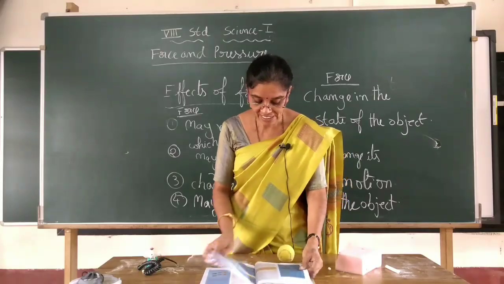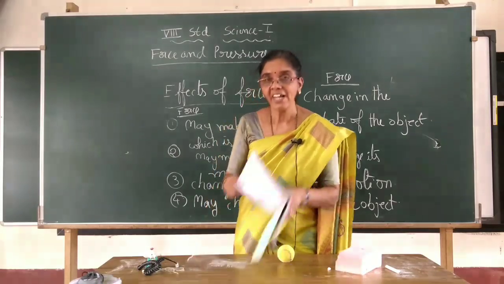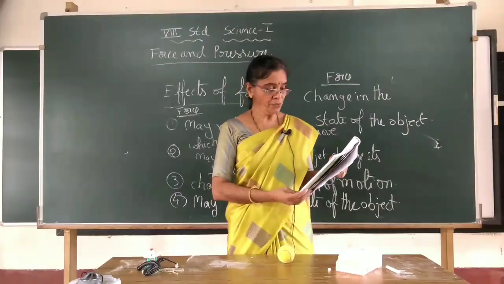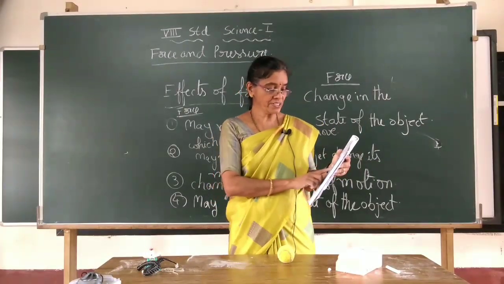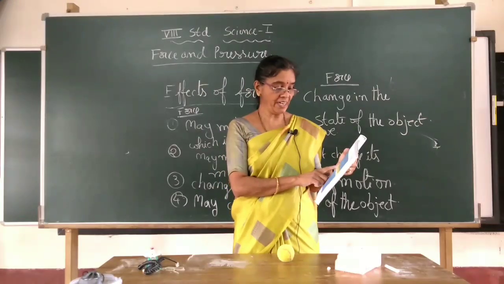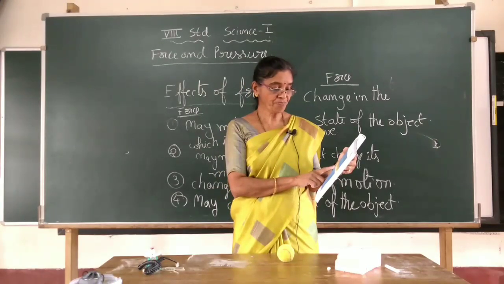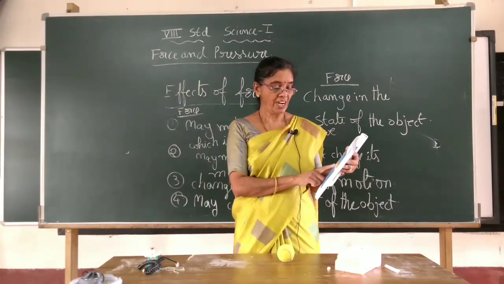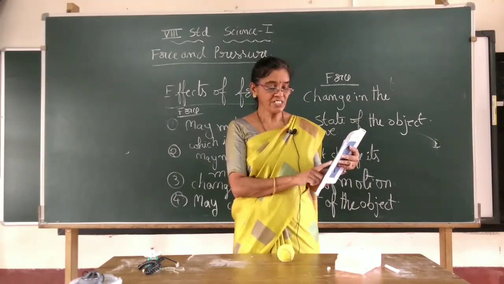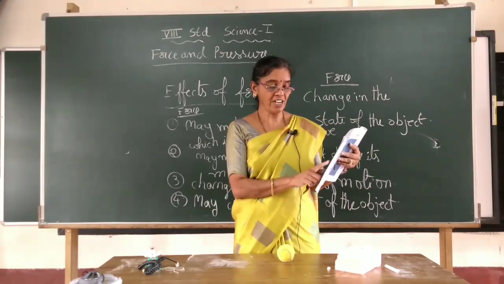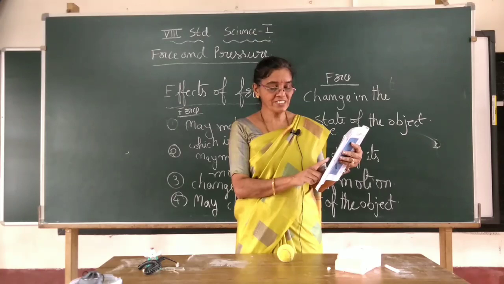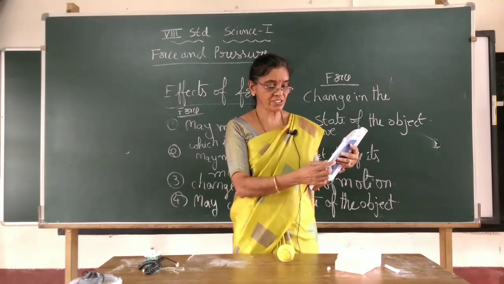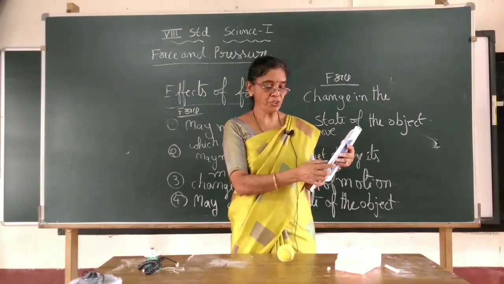And one more activity is there today at home. Page number 83, activity 7.2. They have given different examples. See, lump of dough on a plate. You are pressing it down with your hands. You are applying the force. And what will you get? Change in the state or change in the motion or change in the shape. Which one will you put? Change in the shape, you put yes. And there is no change in the motion, put no.